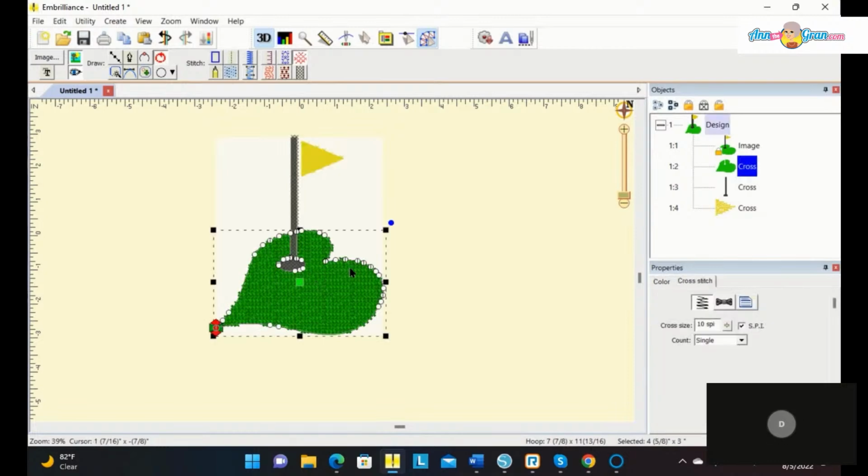Now, if I wanted to edit that, I certainly do. I have all these nodes here that I can edit. If I wanted to edit this heart, this heart shape,